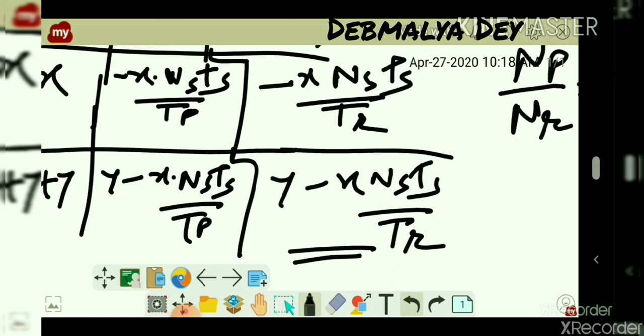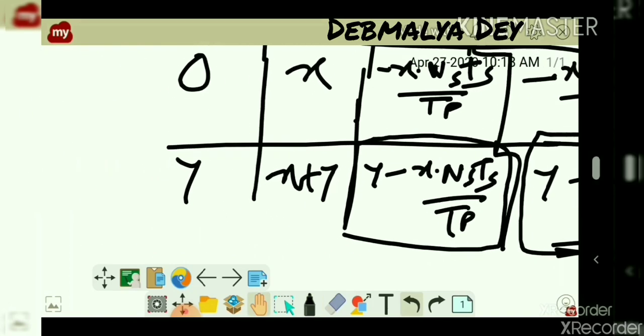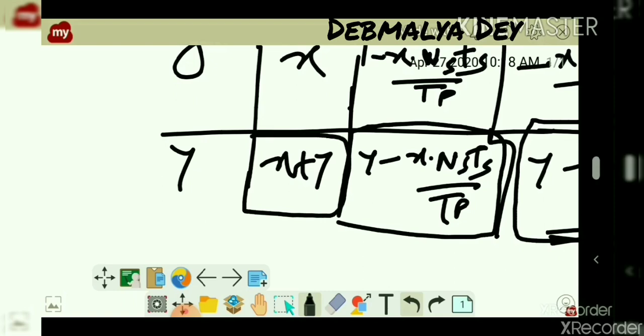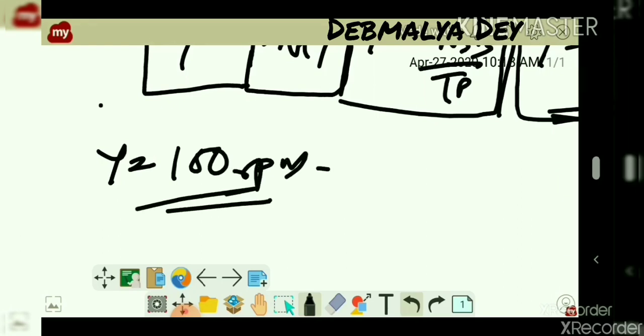Now see, these are the final equations, the final rpm equations which we will utilize to find the required answer. Now let's see what was given in the question. The arm speed was given, plus 100 rpm. So arm speed is y, so y equals 100 rpm, that is n of arm. This is already given.